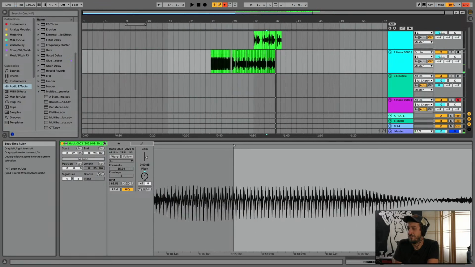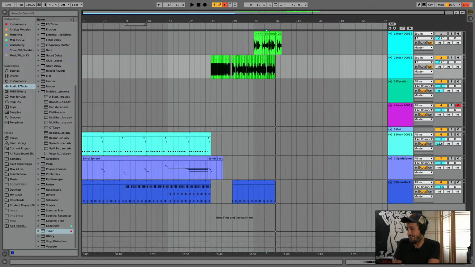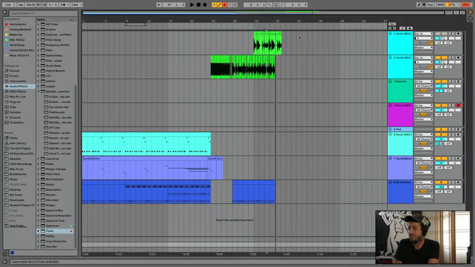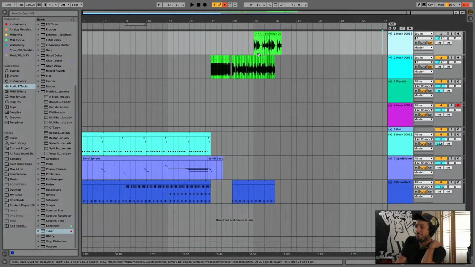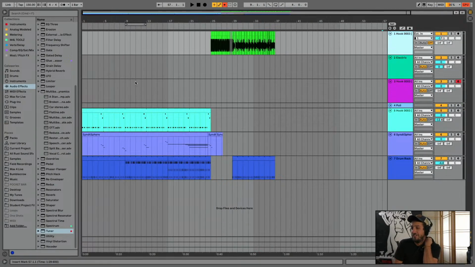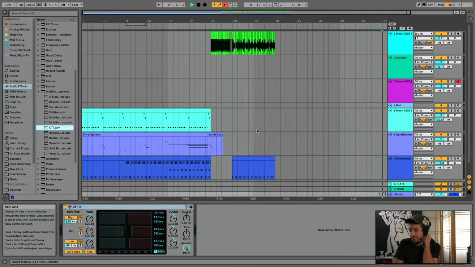How would you make a song extreme from the very start? Like from a blank slate in Ableton, what would be the first, most extreme thing? Well, I'd probably just put it over the top on the master. Okay. That's probably just the silliest thing you could possibly do. It sounds like this.